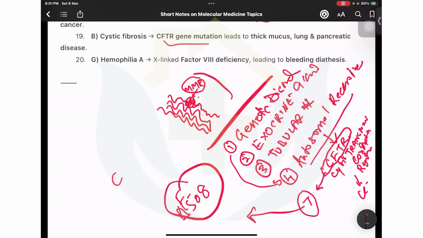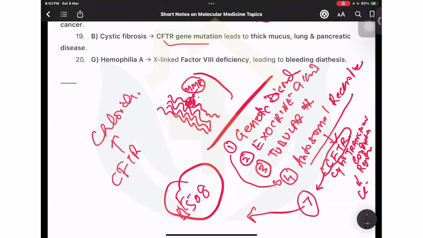So this CFTR protein is basically meant to regulate the transport of chloride ion, chloride channel. So there is a pathway through which chloride is less, so sodium is more. The water keeps on getting absorbed, and because of the excessive absorption of the water,